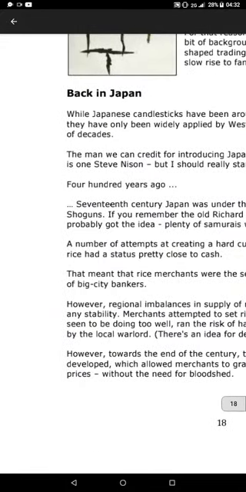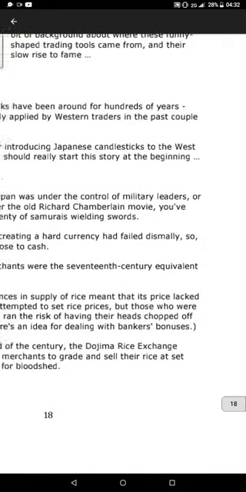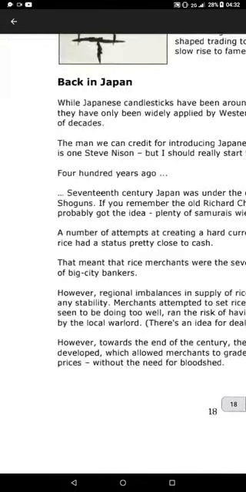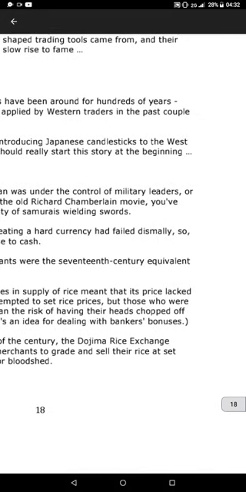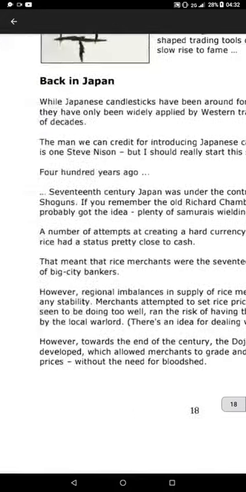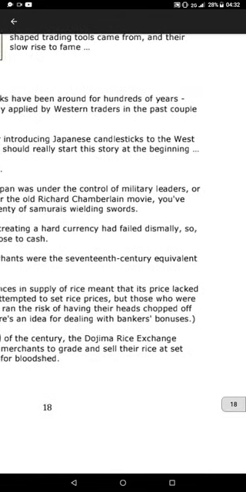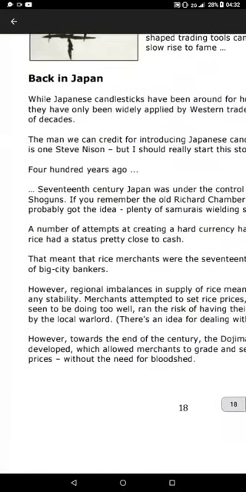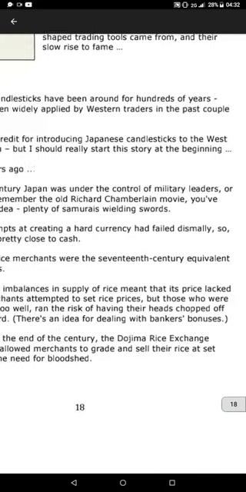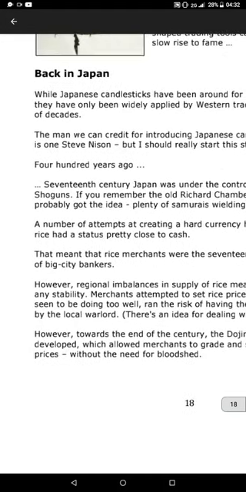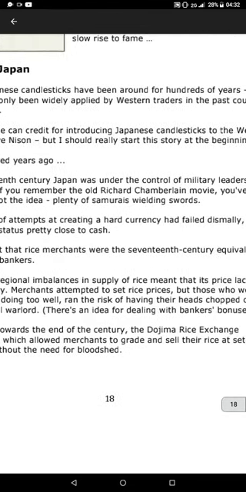400 years ago, 17th century Japan was under the control of military leaders, or shoguns. If you remember the old Richard Chamberlain movie, you have probably got the idea, with plenty of samurai. A number of attempts at creating a hard currency had failed dismally, so rice became a steady substitute for cash. That meant that rice merchants were